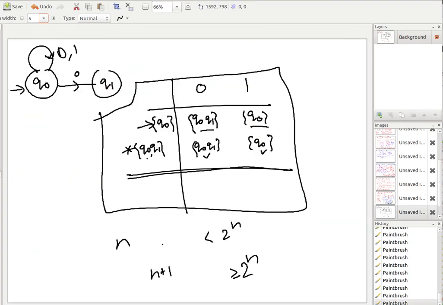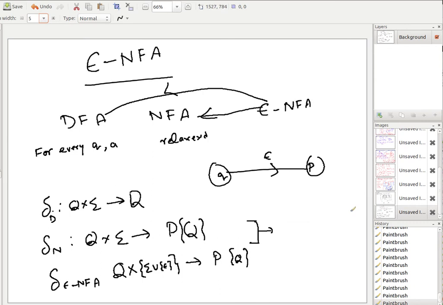So how to convert ENFA into DFA? There is a direct way of doing it, or you can first convert it into NFA and then into DFA, which you already know. Try finding out this or this one. That is your homework for today. You should do that and do a lot of practice of converting from NFA to DFA.